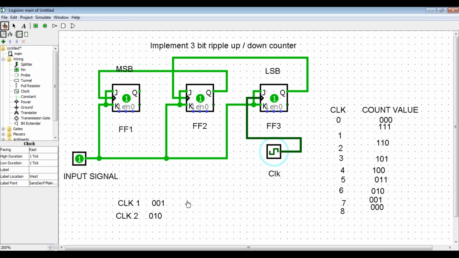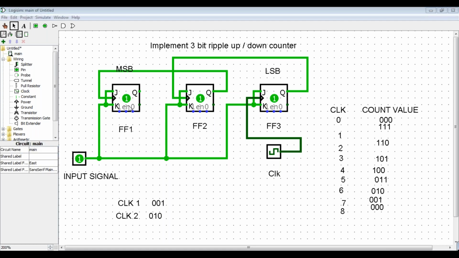So this is like an up counter. The only difference is that the trigger of your flip flop is falling edge. If all the triggers of your flip flops are falling edge, then it will work like an up counter, meaning that it will start from 0 0 0 and, based on your clock pulse, increment up to 1 1 1. Suppose the flip flop triggers are rising edge.